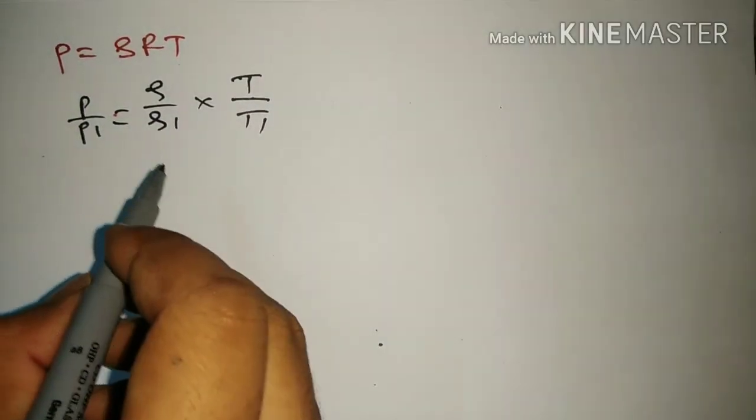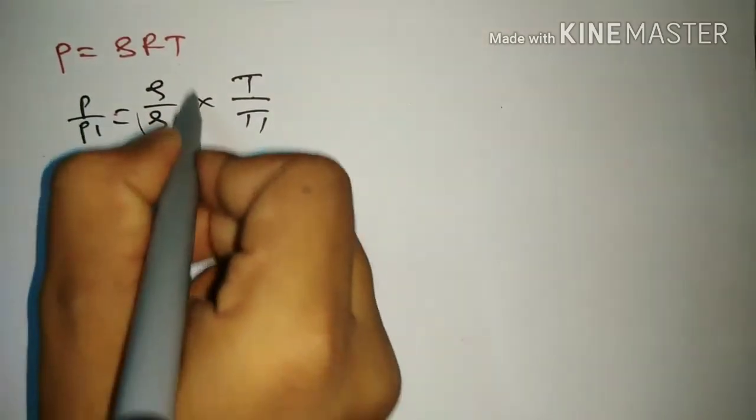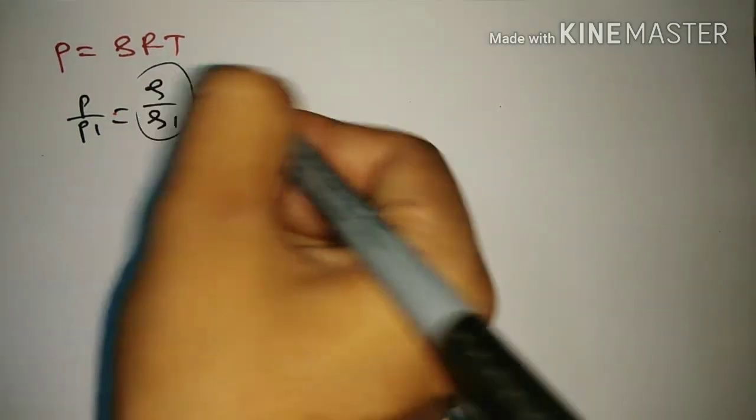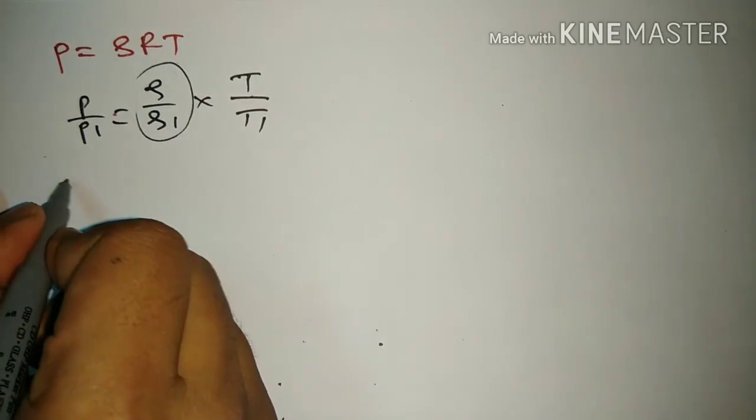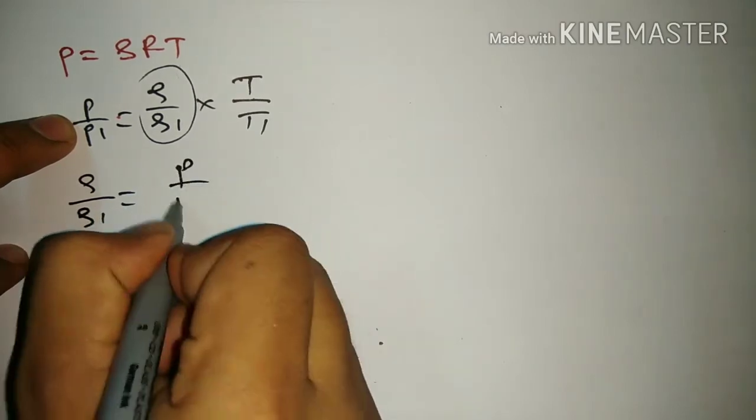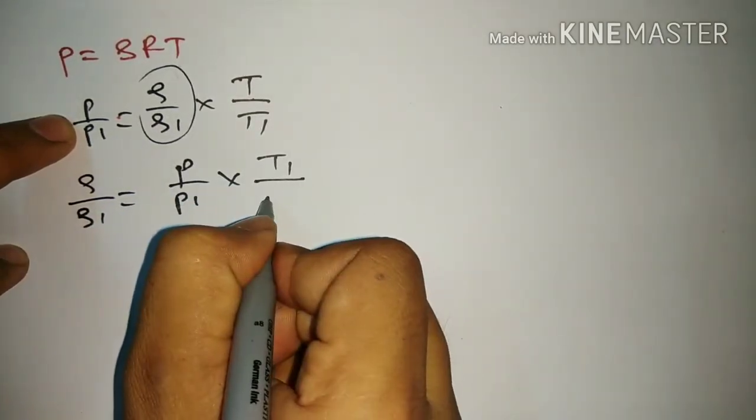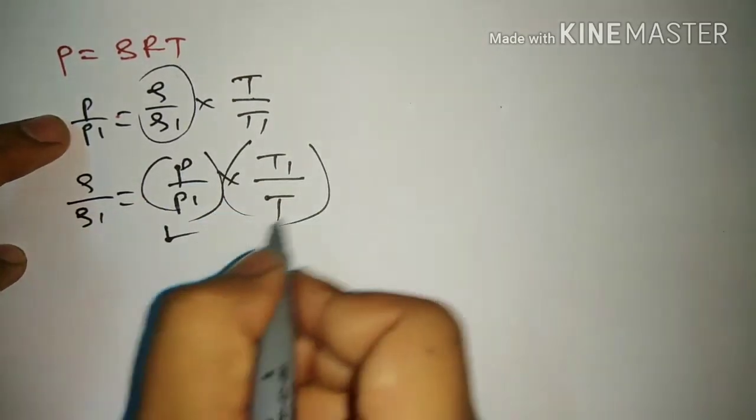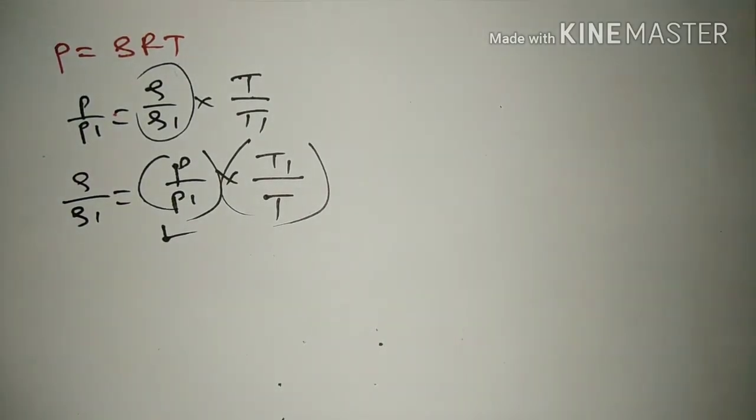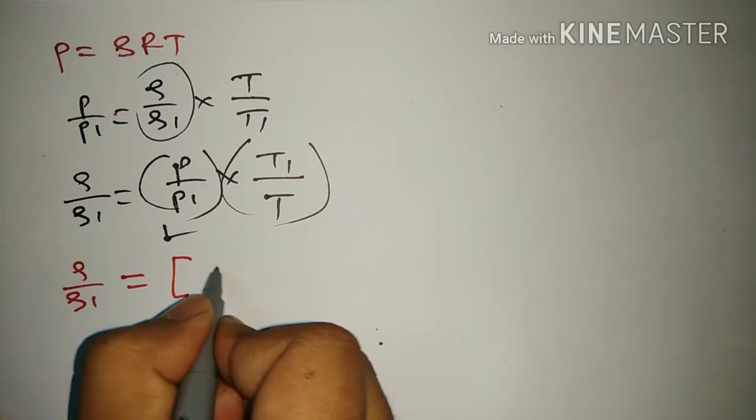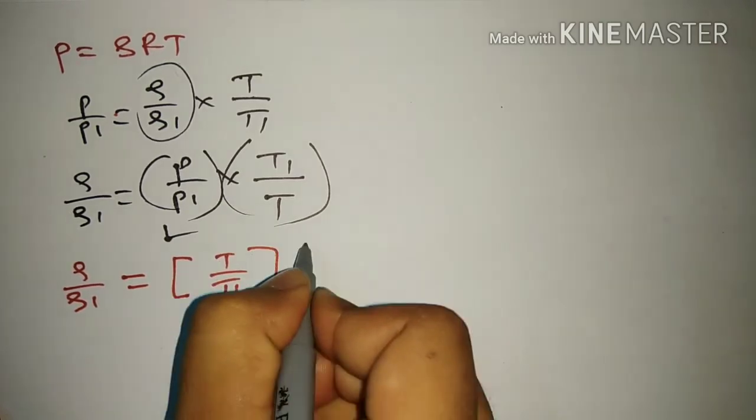If we need rho by rho 1 from this equation, we need P by P1 multiplied by T1 by T. We already found P by P1, so we multiply by T1 by T. After multiplying by T1 by T, we get the answer: rho by rho 1 is equal to T by T1,